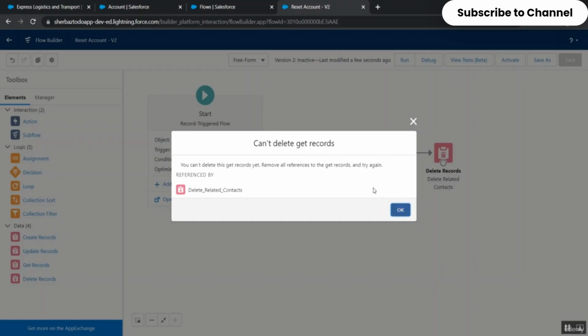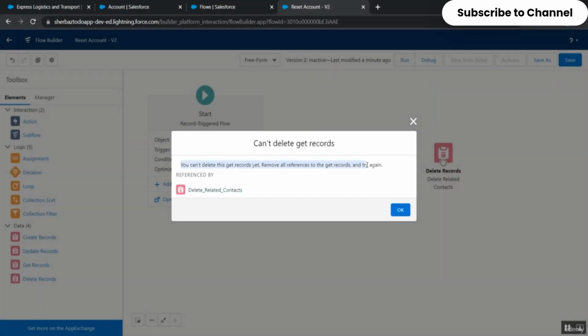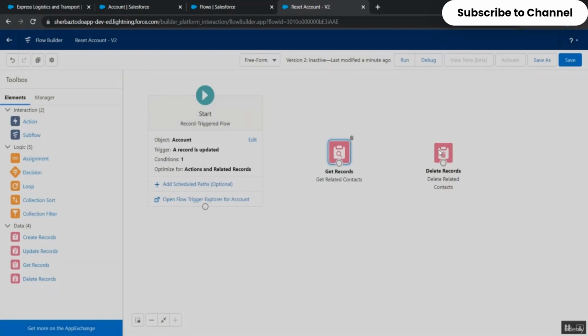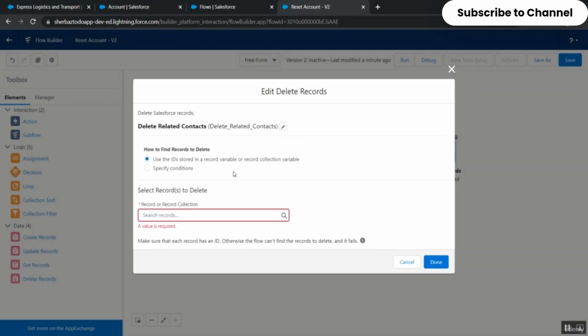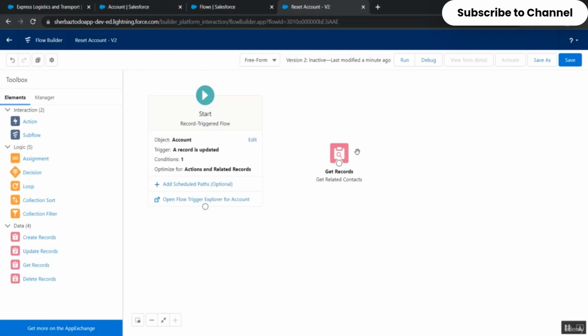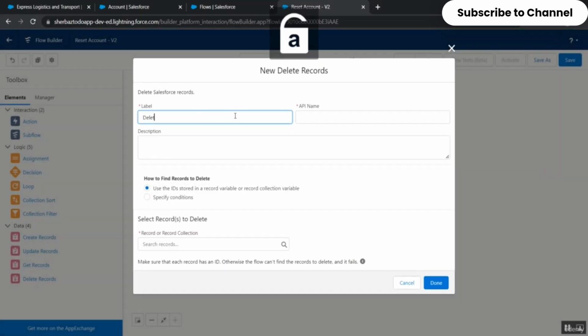So let's delete it. First click on this arrow and press delete button on your keyboard, and then this one too, and now I can delete it. It's gonna say that it is referenced in your delete records element, so I can remove it from there, or maybe let's delete everything for now. Okay, everything, and this time simple delete record. This is the second way. Remember, I'm gonna say delete related